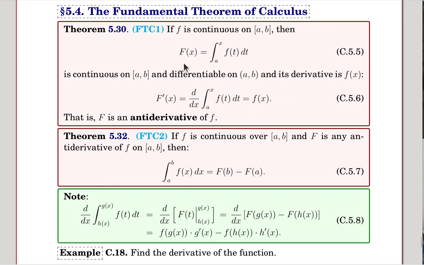That means that capital F is an antiderivative of f, and an antiderivative of f can be written in this form. Now, the second part is given here. f is continuous, and capital F is any antiderivative of f, then the definite integral, originally it is defined as